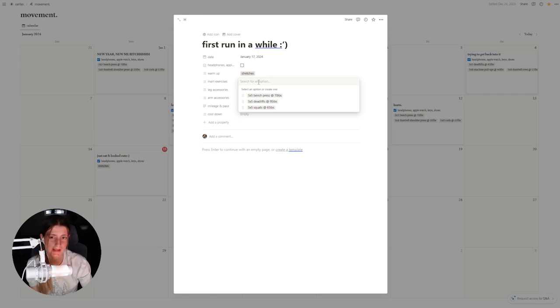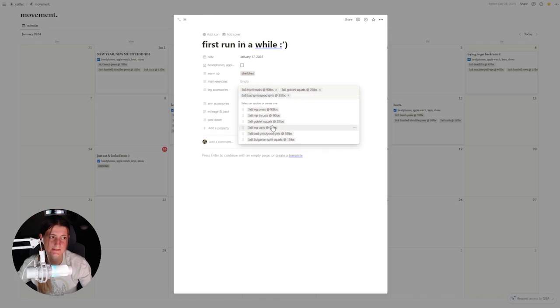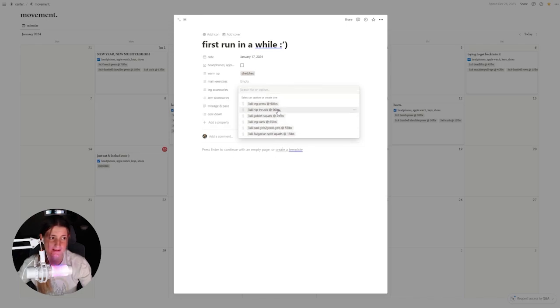What I like about the way I set up this template is I don't find it restrictive at all. In the past, when I would go to the gym, I would go in and think, I'm going to do this, and it would ruin my vibes if there were too many people there, if I couldn't do certain exercises. For some reason, with the Notion template, it's a lot easier for me to look at everything I can do. So say I'm doing legs and I planned on doing, I don't know, Bulgarians, but all of the benches are taken. Then maybe I'll go do goblet squats instead. I can just literally select as I go, and it tells me the weights I've been doing.